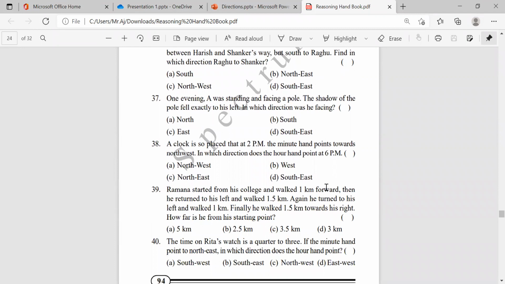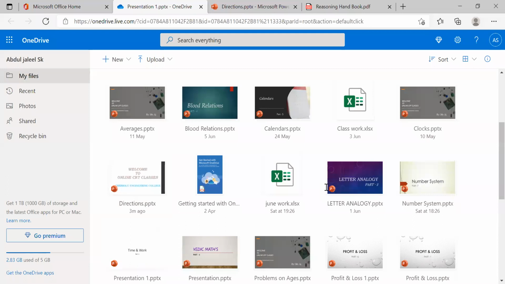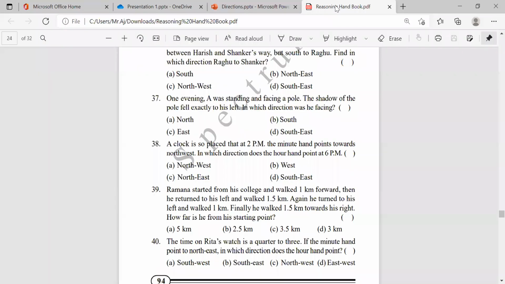See, one evening, A was standing and facing a pole. The shadow of the pole fell exactly to his left. In which direction was he facing? You see, they said one evening. Evening means